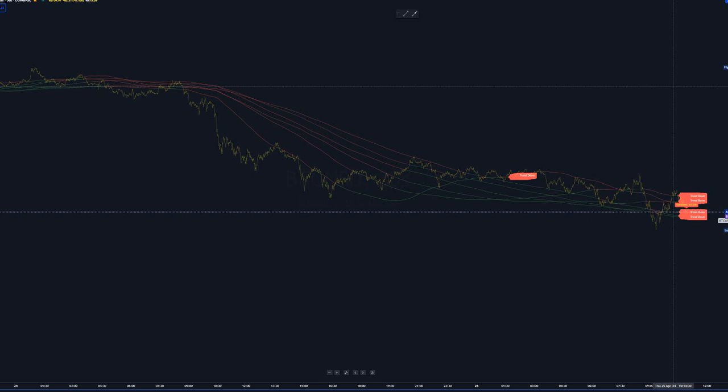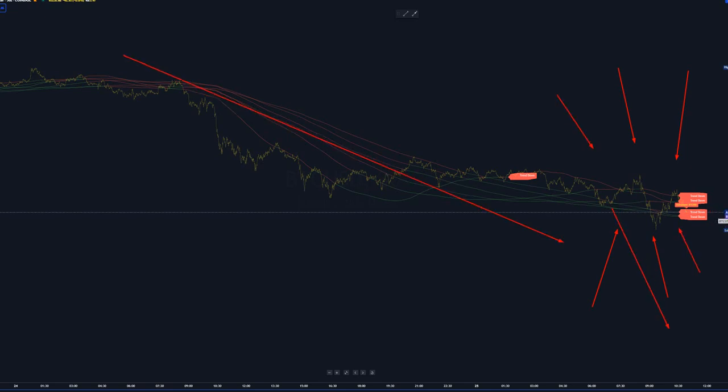We see here that the Bitcoin price is going down, and it is very important to know what factors are influencing the Bitcoin price at this moment. We have a lot of forces, right? They are dictating that Bitcoin should go down and deeper, and they have already dictated this price down from the past,